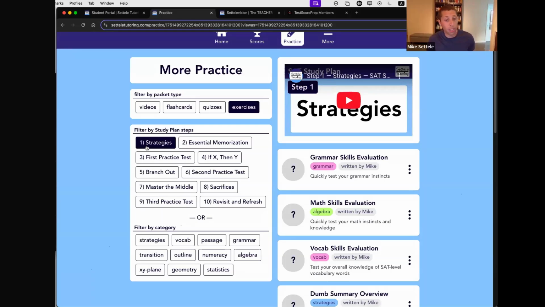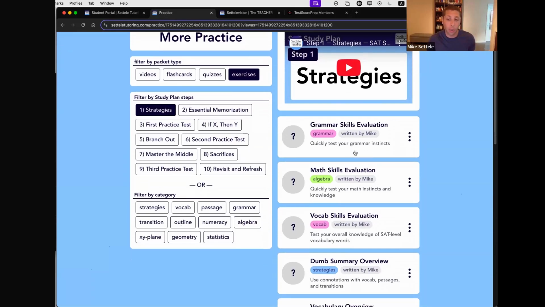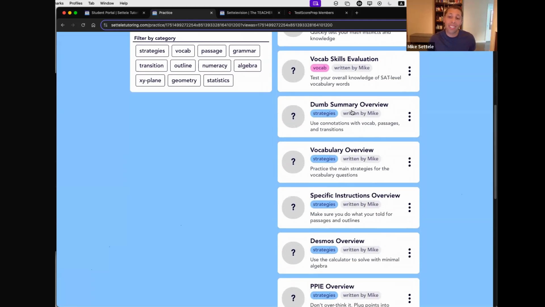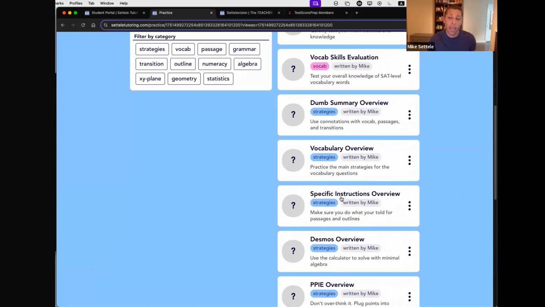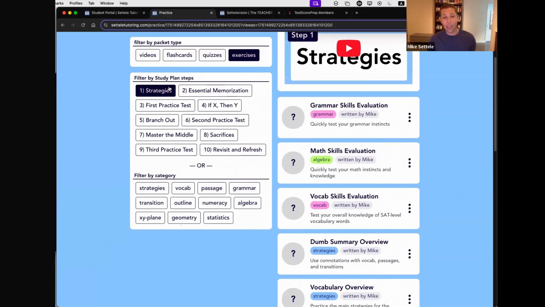And we are going to do some work today on the strategies for the main parts of the sections. You can see here there's a lot of good exercises that you can work on. There's some easy quizzes at the beginning. There's some specific strategy exercises, and each one of those is going to let you answer questions the same way we're going to do tonight. So basically, the strategies part is what we start off with because that's the most important piece of the SAT. We've got to be able to change the strategies we use to change the scores that we want to get.